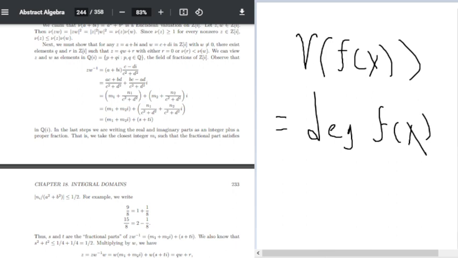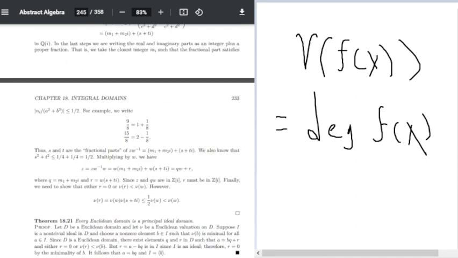to ultimately end up with these terms m1 plus m2 i plus s plus ti in Q[i]. In the last steps, we are writing the real and imaginary parts as an integer plus a proper fraction. That is, we take the closest integer m_i such that the fractional part satisfies n_i over c squared plus d squared is less than or equal to 1/2. For example, we write 9/8 is equal to 1 plus 1/8, and 15/8 is equal to 2 minus 1/8. Thus, s and t are the fractional parts of zw to the negative 1,